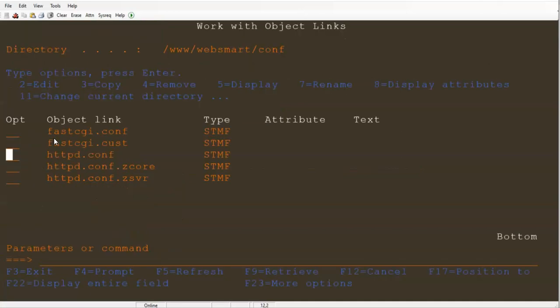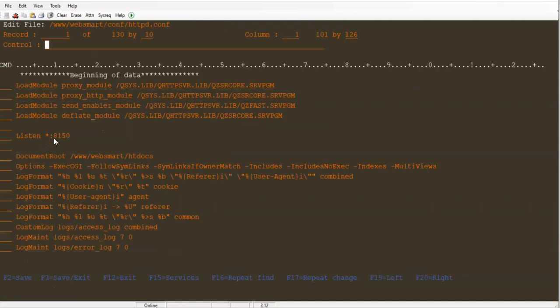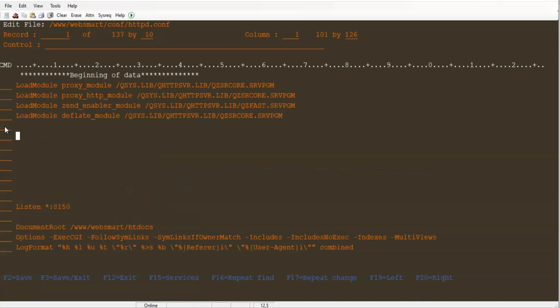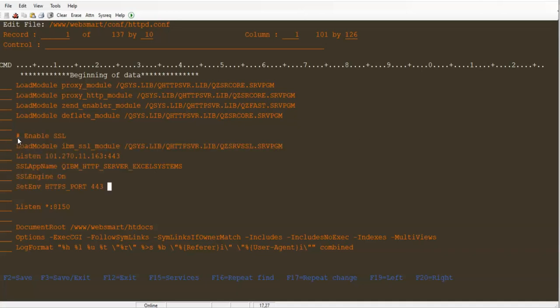So I'm going to now just take a 2 to edit this. And what I'm going to do is I'm just going to add a few lines in here for me to add the directives that we need. So I'll just take, we'll add 7 of them. Okay, so I've got the directives that we need copied, and I'm just going to paste them in, and then I'll just reformat it and go through each one as I do. You can pause the video and take a look at the